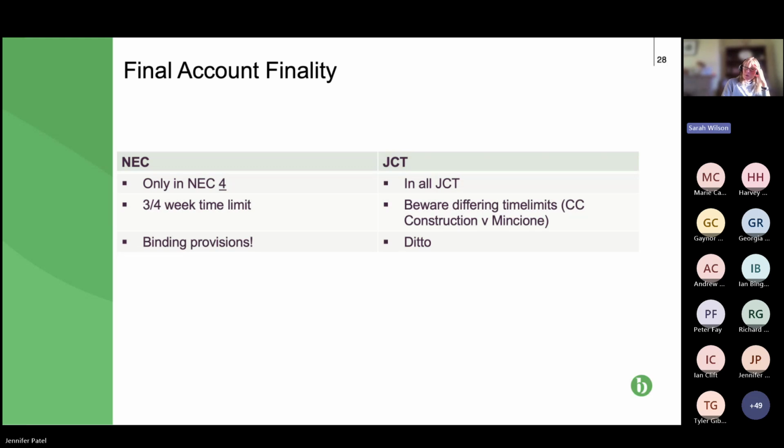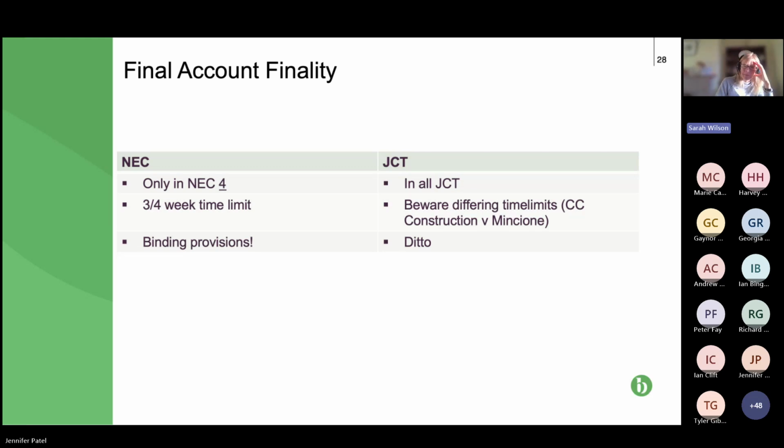So these are dangerous provisions. I'm not keen on them because in my experience, you argue them when you think that your client's on the right side of the provisions, and the adjudicators don't like to find that it's final and binding because it feels quite dramatic and quite drastic for the losing party, particularly, for example, if you're the paying party saying to an